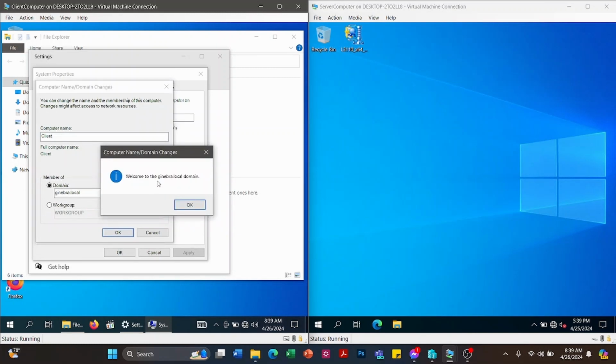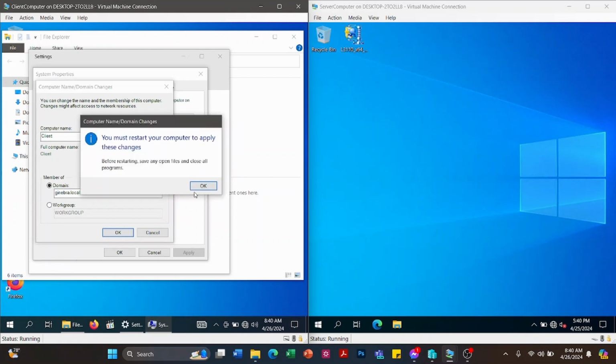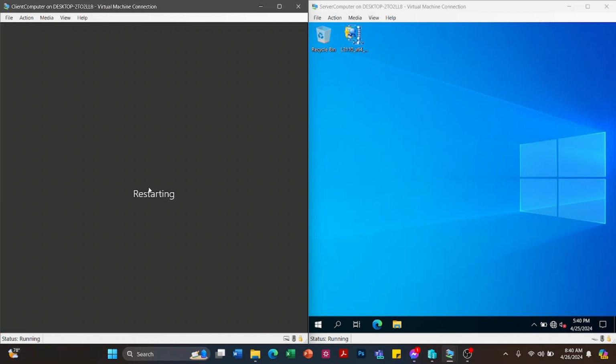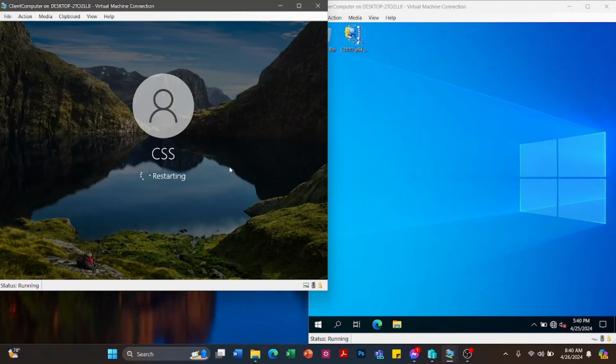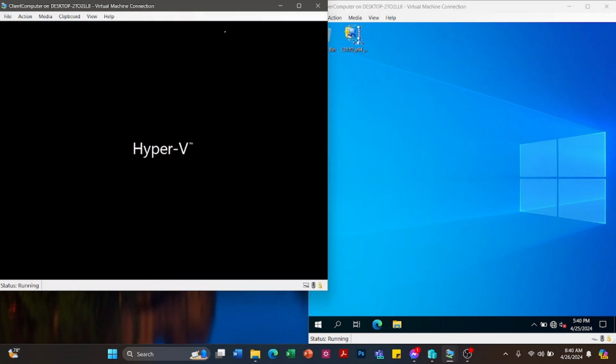Okay, so welcome to the ginebra.local domain. So we have successfully connected the client computer to the ginebra.local domain. Then click OK, then close, then restart now. So we're going to wait for the restarting of the client computer.